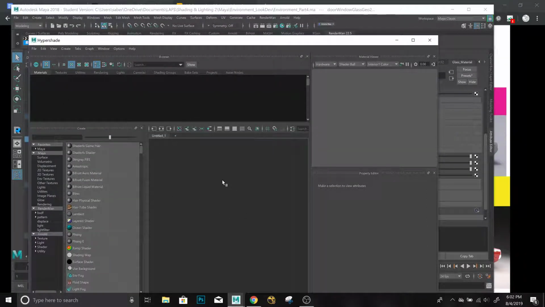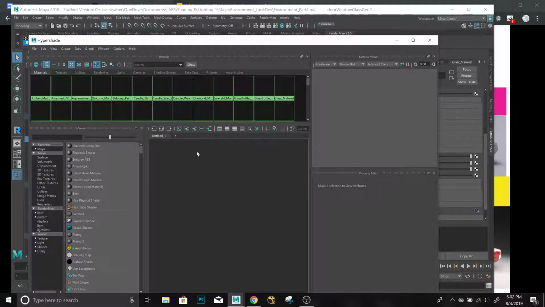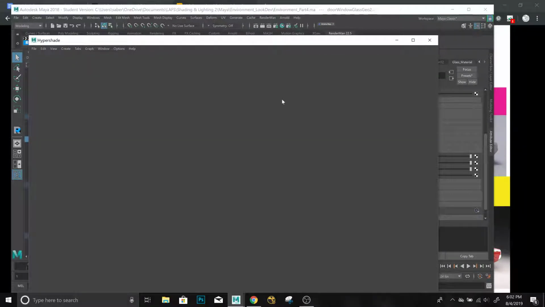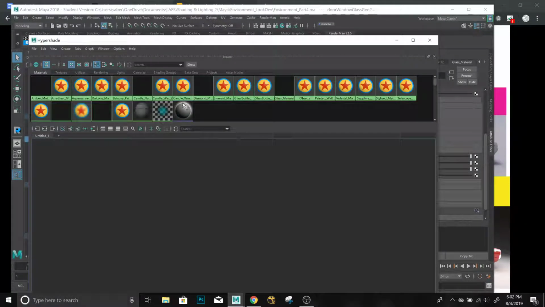So we've got our Hypershade, and I like to get a lot of this stuff cleared up, so it'll all go away in just a second once it decides to load. As you can see here, these are all the materials that I have inside my scene. There we go. Now, if I want to see a specific node, like, see, there's our glass bottle,